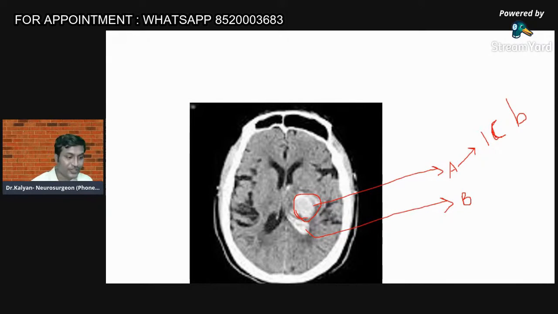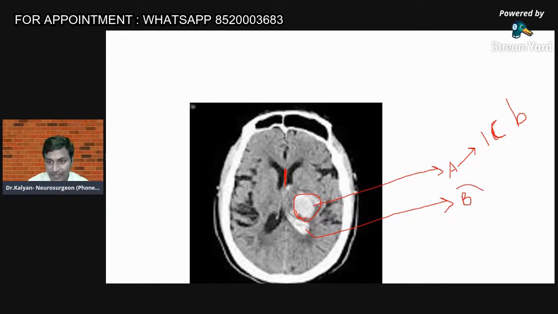Yeah, left acute intracerebral bleed. And you people are not telling it's on the left side, on the posterior limb of the internal capsule. But again, no one is typing the entire answer. You will have to say whether there is a midline shift or not. So left side, acute intracerebral bleed with or without midline shift. This is the septum pellucidum. Is it in the midline or not? No midline shift. Right.